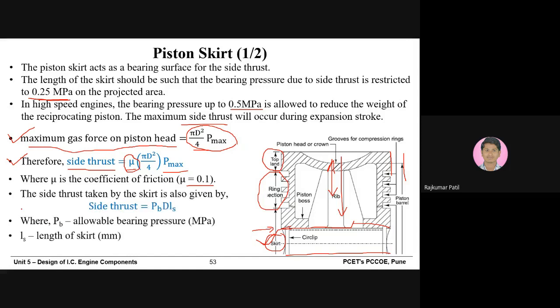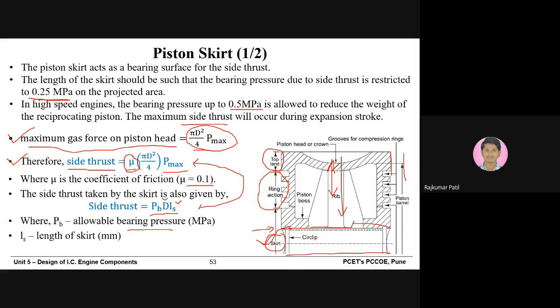Then there is another formula for calculating the side thrust, which is equal to PB into D into LS, where PB is allowable bearing pressure in megapascal, D is diameter of cylinder bore, and LS is length of skirt. So what we need to do, we need to equate these two equations,